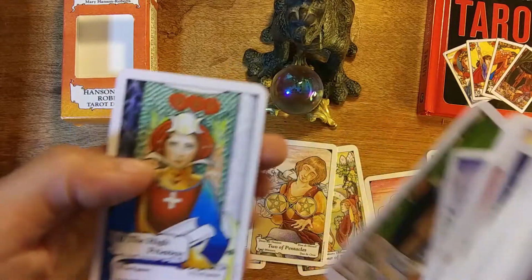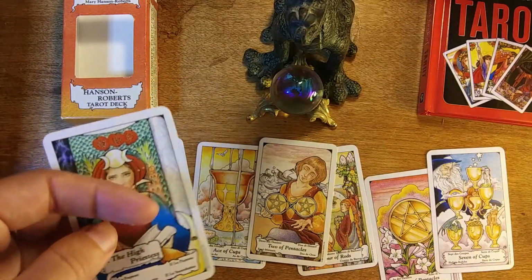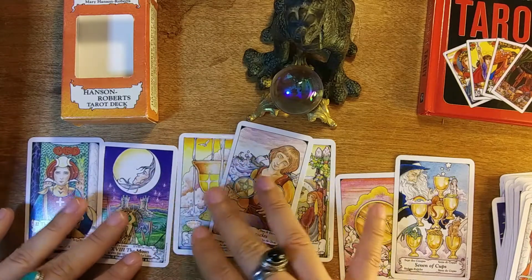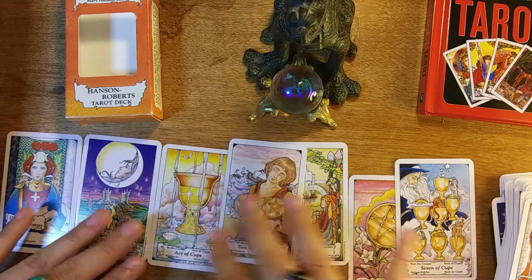So I want you to do that. And then we have the High Priestess, which is also there. So I'm just choosing random cards, and I want you to do the same. Whatever cards you choose,